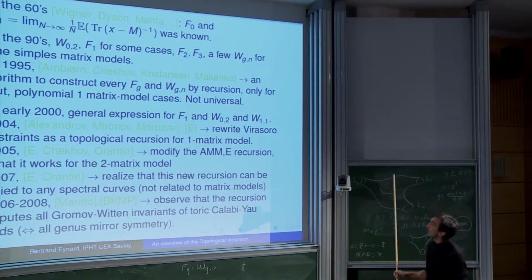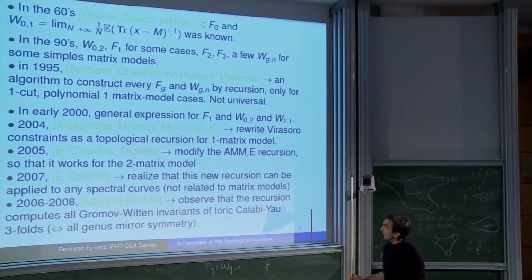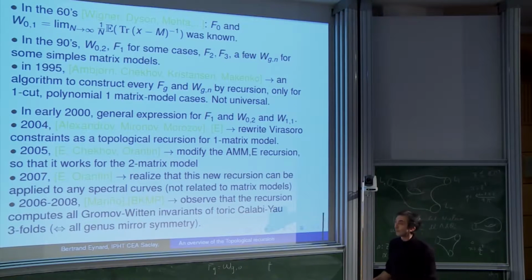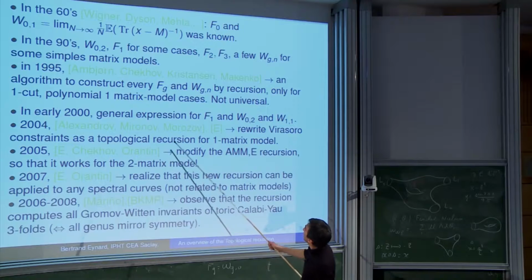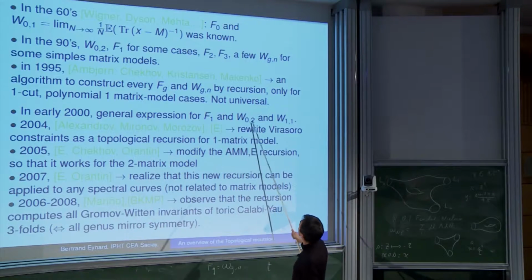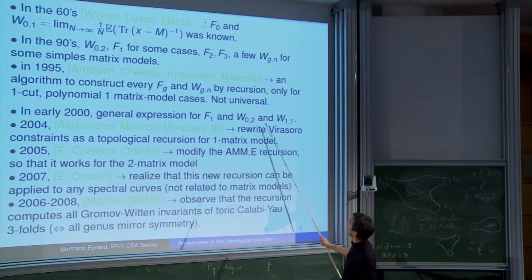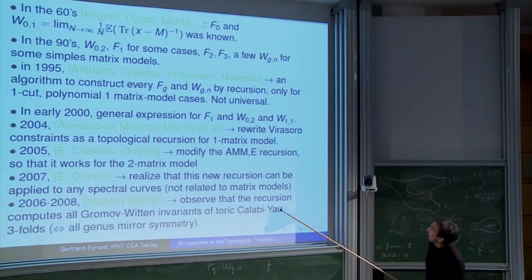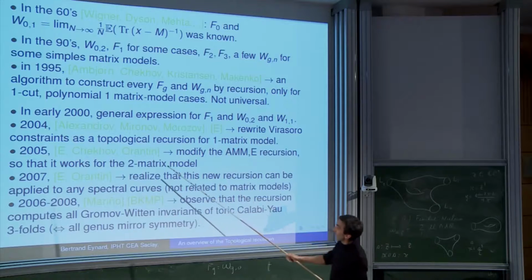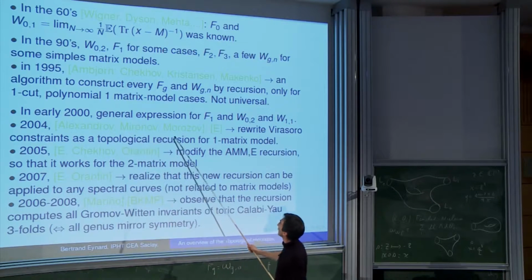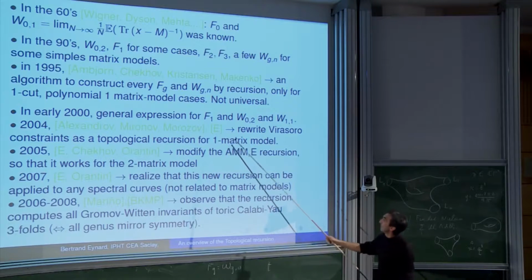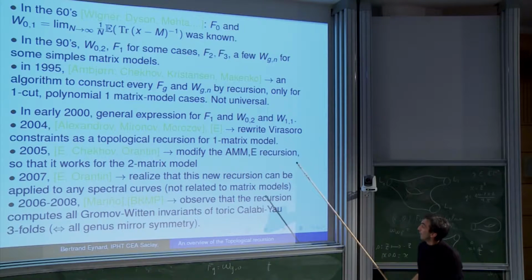So it was not really written in a universal way, and the general structure was not fully understood. Then people started to be able to find general expressions for the two-point function and for the first correction F1 and so on. There are many works on that. But in 2004, the new thing was the paper by Alexandrov, Mironov, and Morozov, and slightly later myself, where